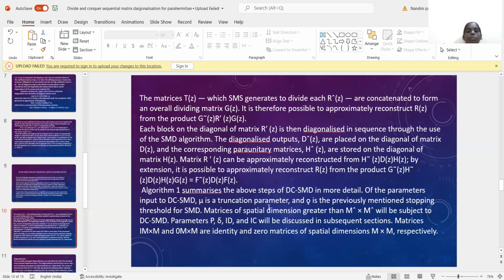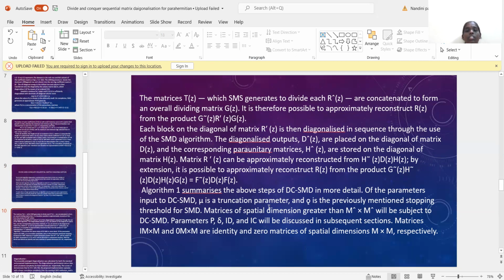It is therefore possible to approximately reconstruct R(z) from the product G(z) R(z) G(z) tilde. Each block on the diagonal of matrix R(z) is then